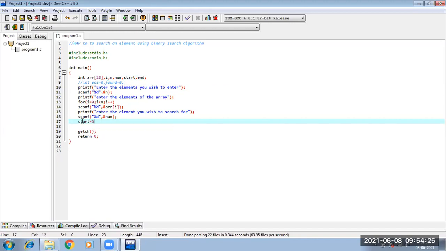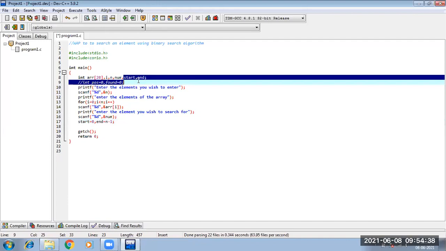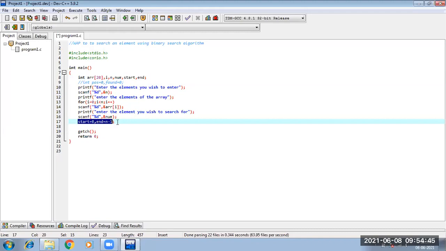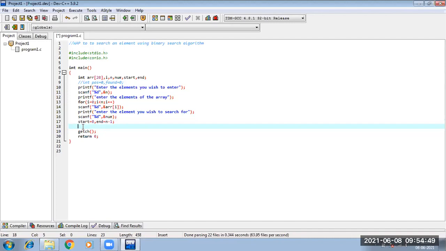First I will set start equal to 0 and end equal to n minus 1. Start and end I have declared over here, and I have initialized them over here. Now after doing that, what are we checking?